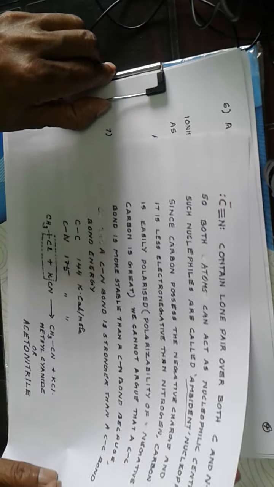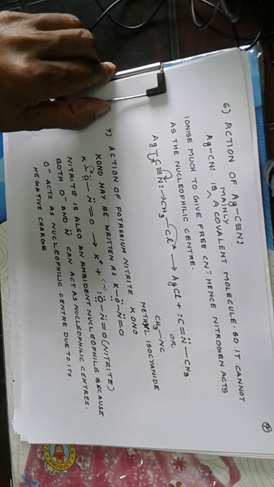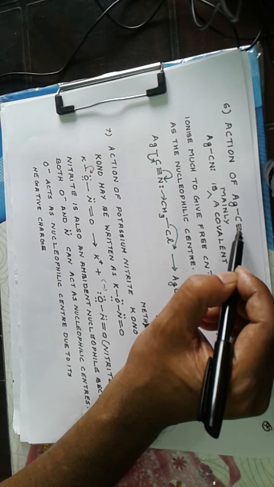So an alkyl halide generally can react with the potassium cyanide, giving the corresponding cyanide. But if we take another cyanide called silver cyanide, the structure is similar: Ag bond C triple bond N with the nitrogen possessing a lone pair. Now AgCN is mainly covalent. It is not so ionic as potassium cyanide. So it is mostly covalent. It is mainly covalent in character. So it cannot produce enough cyanide ions, so that it will not dissociate in the medium much.